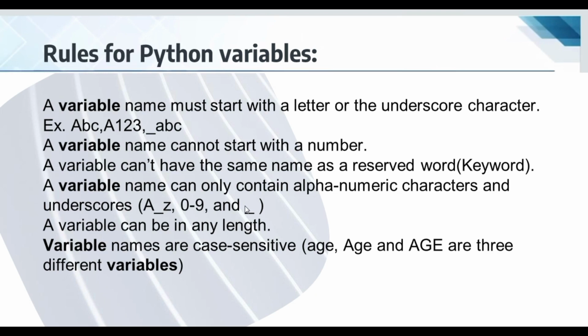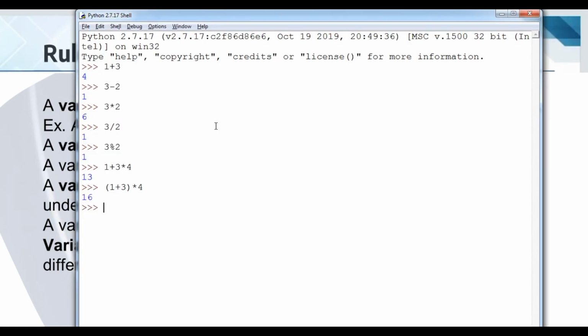So first thing, a variable name must start with a letter or the underscore character. So let's say student, some valid variables are ABC or AB, A123 or underscore ABC. So let's do it practically students. Here I am going to create a variable, suppose ABC in capital letters, containing some value. Okay, so this is a variable. If I am going to print its value, simply I have to type ABC, it will return me 45. Okay student, now after that if I create another variable in small letters, abc equals 90, then abc will print 90.